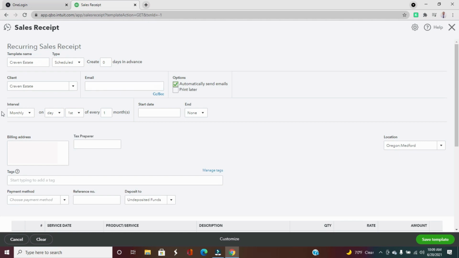Now we'll come down to how often do we want this charged. Oh, well, we want this charged on a monthly basis, and we want it the first day of, actually, let's make it the 15th day of every month. So monthly, you have options of daily, weekly, monthly, or yearly on what day, or the first, second, third, fourth, or last day of the month. But in this case, we're going to say on the 15th day,